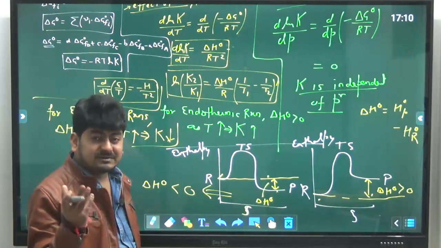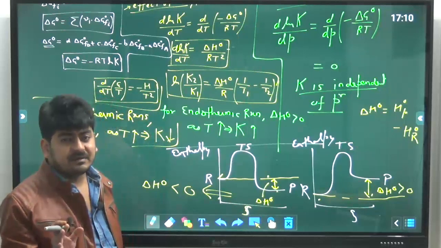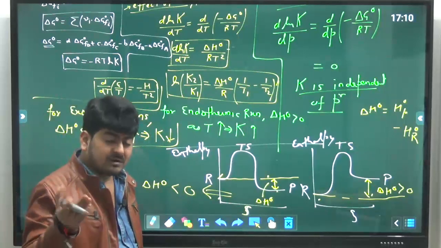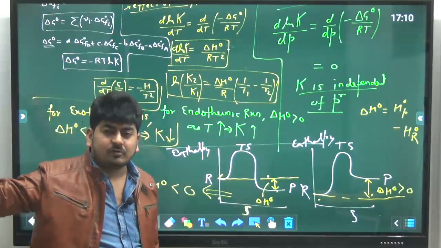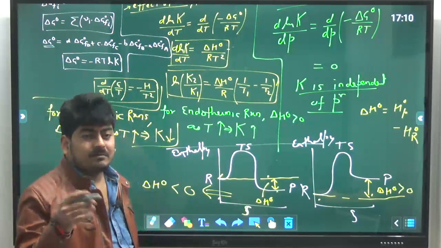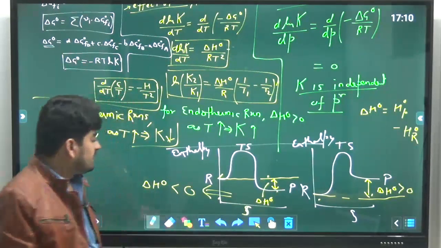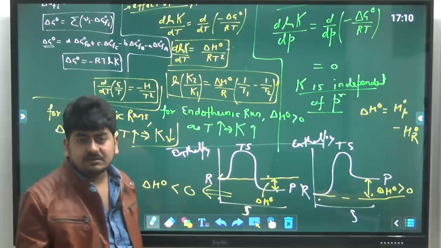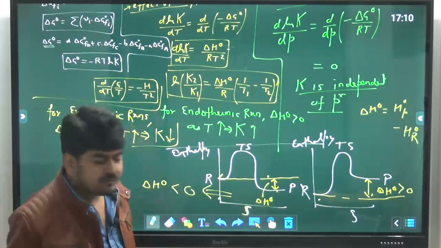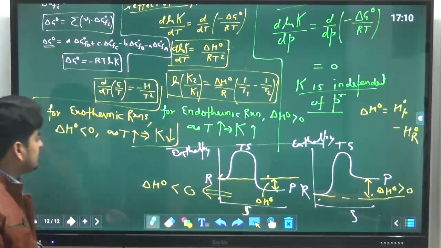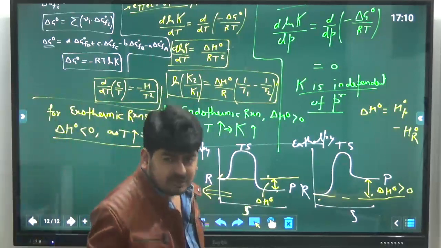So in the GATE exam, getting a single digit or double digit rank is not a guarantee that you will be selected. Yes, your chances will be more. The probability of your selection will be more as compared to a 100, 200 ranker. But if your rank is good, then obviously you should answer like that. If you are not answering like that, then obviously who will select you? Anyways, we will not go into that.